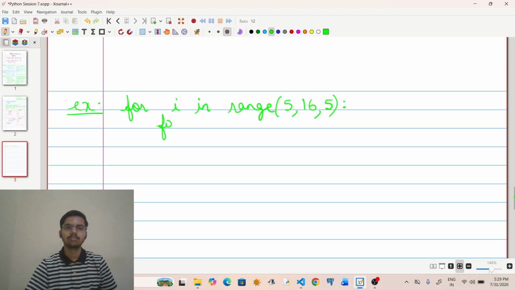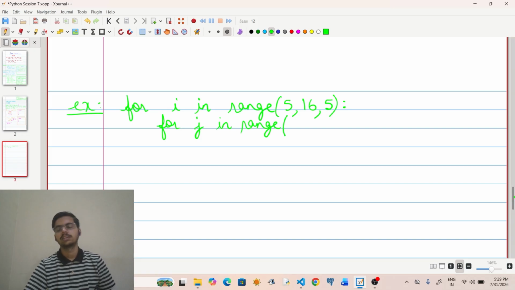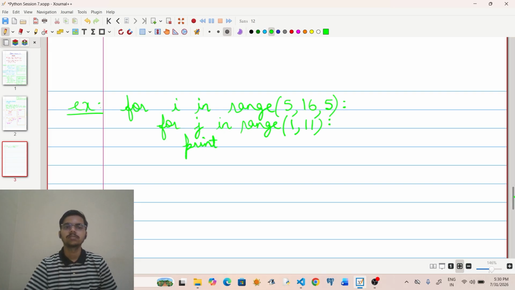Then for j in range, starting from 1 till 11, I want to print I multiplied by j is equal to I multiplied by j. So this is the code that I want to write,